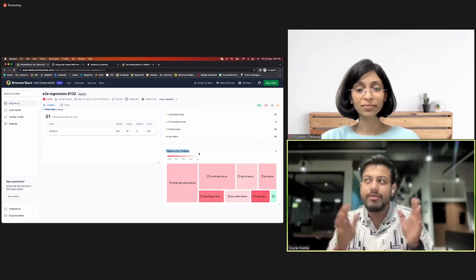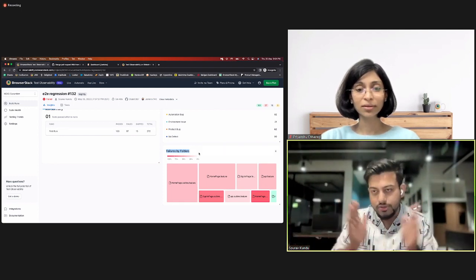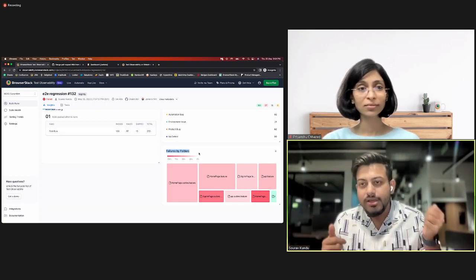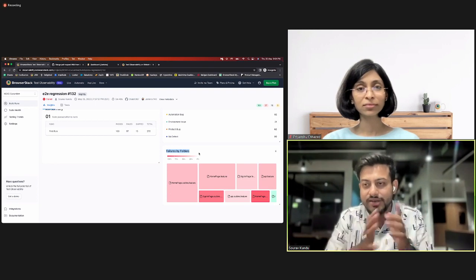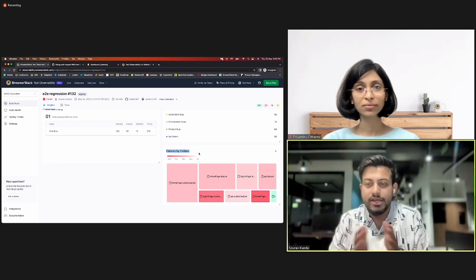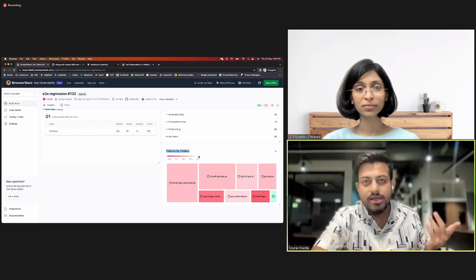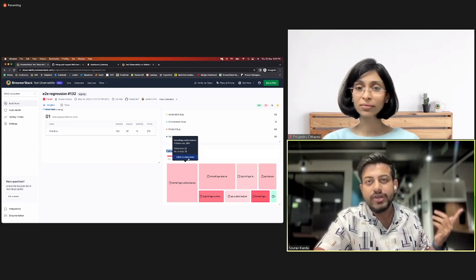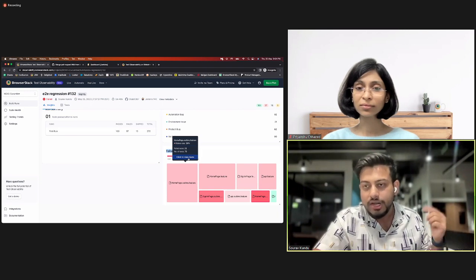And generally, people structure their test suites also in different folders, like each module is a folder. What you have here is the report dissected into different modules. And let's say this module has 75 test cases with 22 failures. You can actually drill down into this module alone.